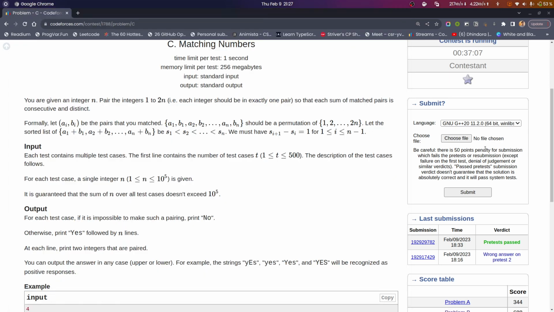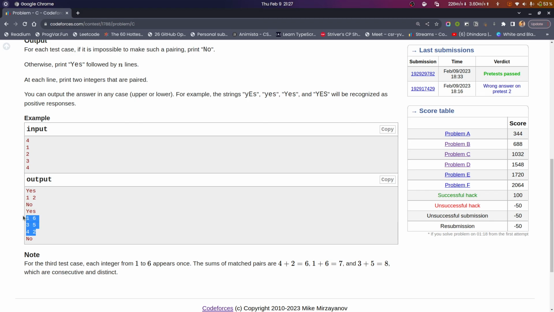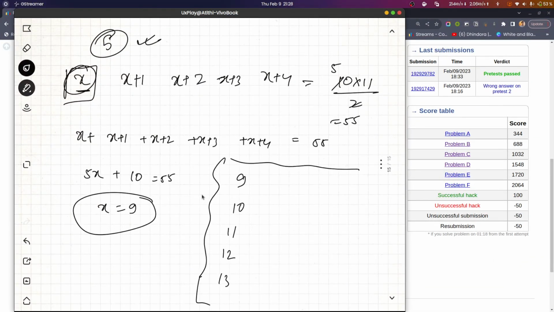In the question a hint was given that you can construct it this way: first we will take 1 here, and my target is 9, so it will be 8 here. After taking 1 plus 8, I can increment 2 here so it will be 3, and decrement 1 from here so it will be 7, 5, 6. Now I cannot increment more, so I take 2 here and the biggest possible number 10, then 4 and 9. So this was something like the solution.